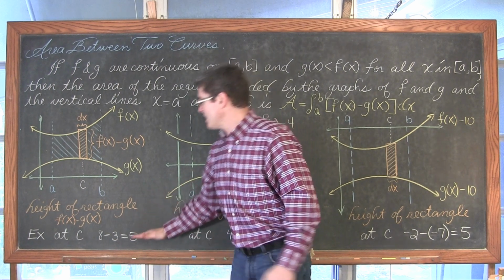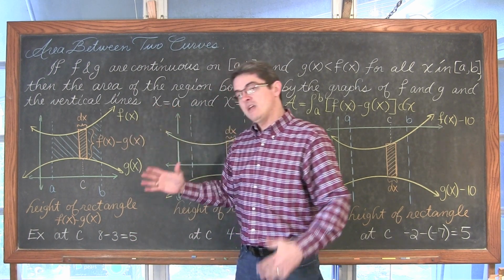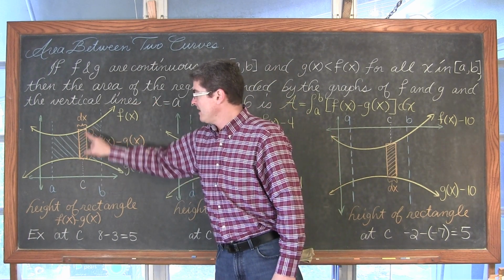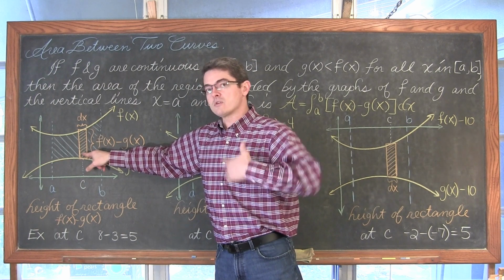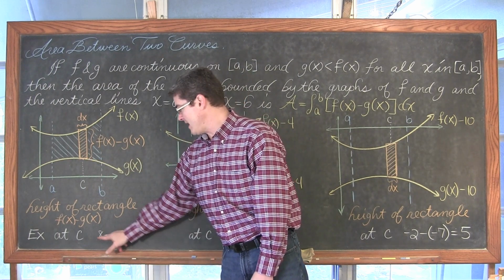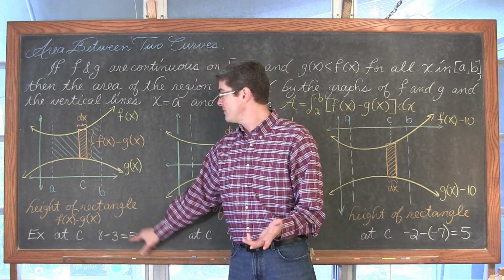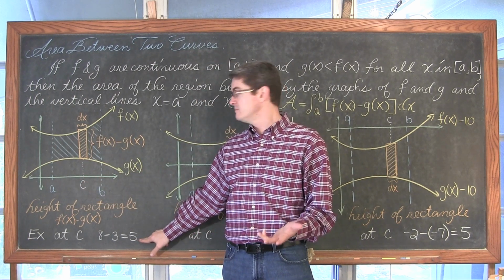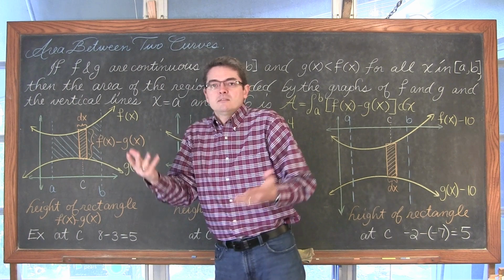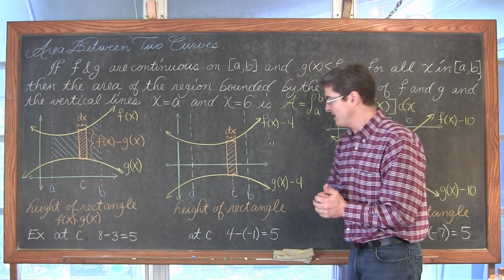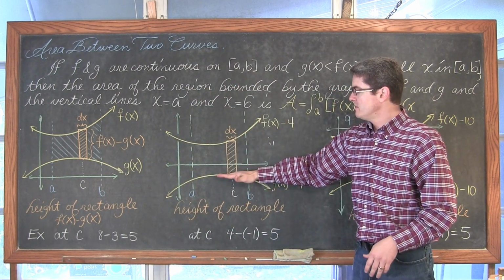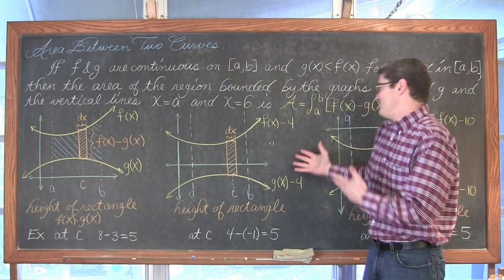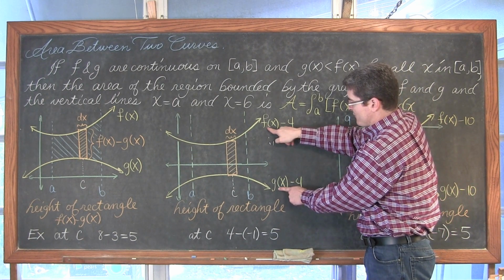I'm just making up some numbers here. Let's say, for instance, for this function f and this function g at c, that our y values, the values coming out of our functions, are 8 and 3. That's going to give this particular rectangle at a value of c the height of 5. And so that would be some kind of width times height, and that would give us an area for that rectangle. Well, if I push both of those functions down by 4, and again, I almost wrote this as f of 2 and g of 2.